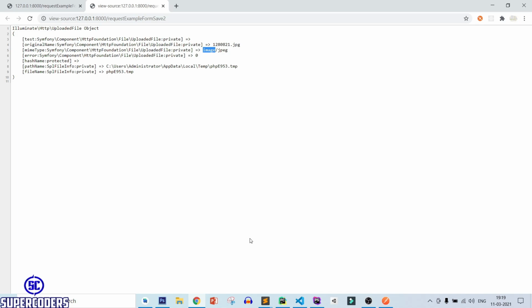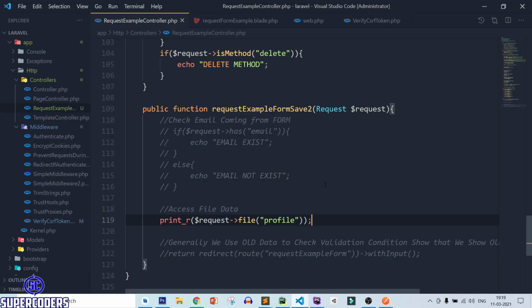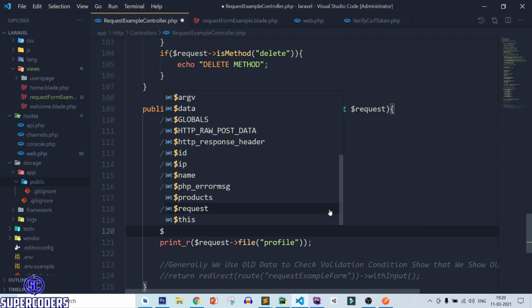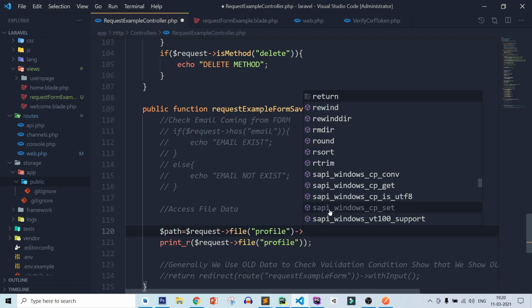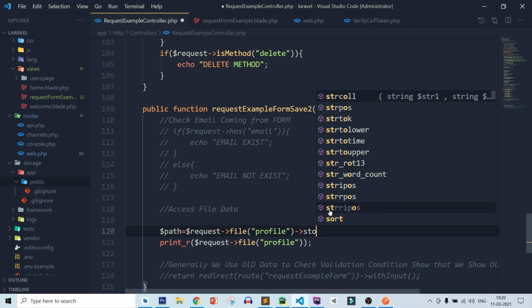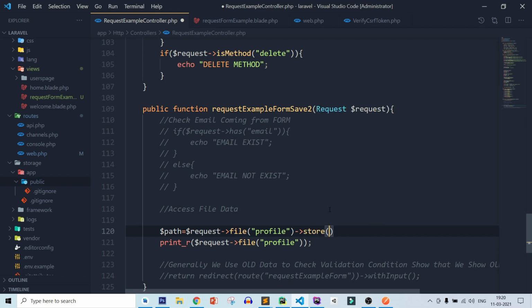So let's see how you can save this file. $path equals $request->file profile. After that you need to add store, and simply save it.